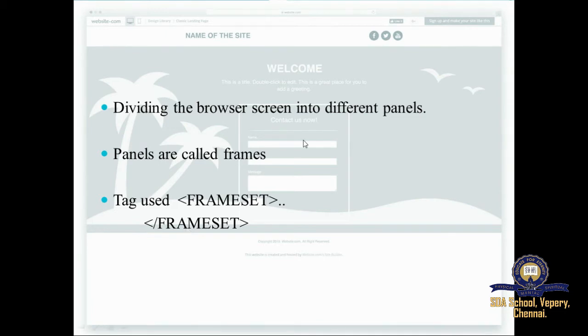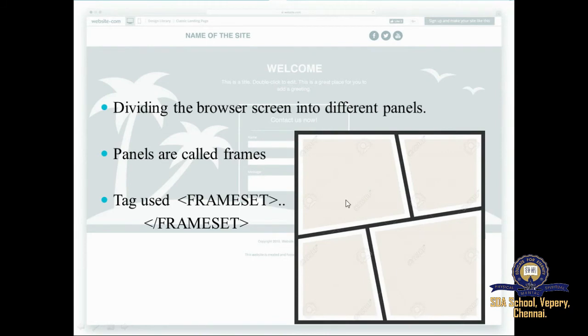HTML frames are used to divide the web browser window into multiple sections, where each section can be loaded separately. You can load each and every section separately with a separate program. So this is dividing the browser. You might have used collage options in your photo apps. When you want to collage two or more photos, you can use such frame options. You can select a frame and paste multiple photos into the different frames, right? Similarly, in your web browser, you divide the screen into multiple panels, and each panel will have a different web page, so different pages will be loaded in each.